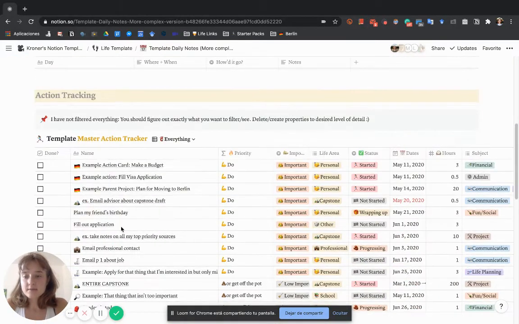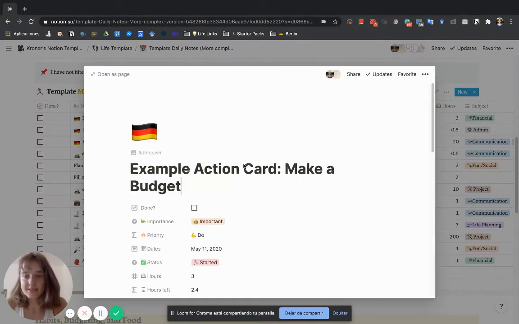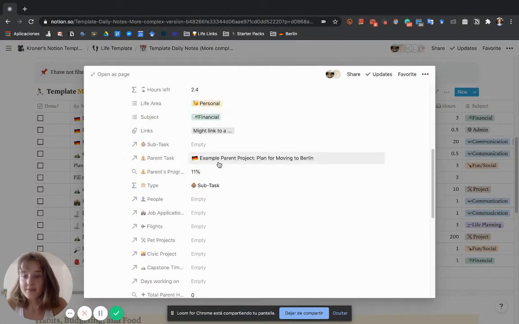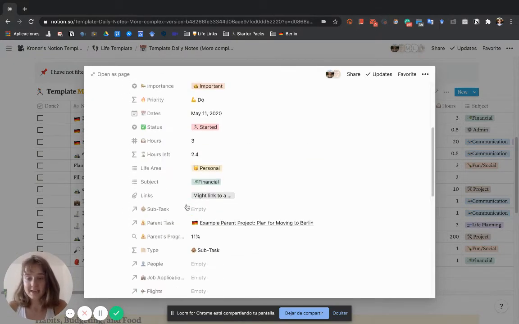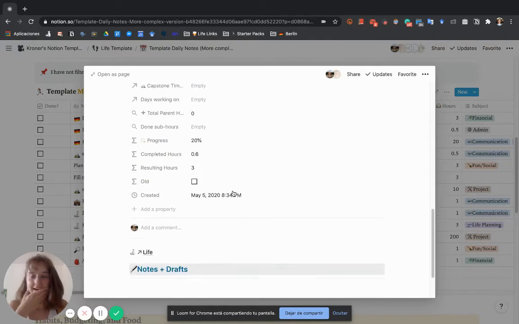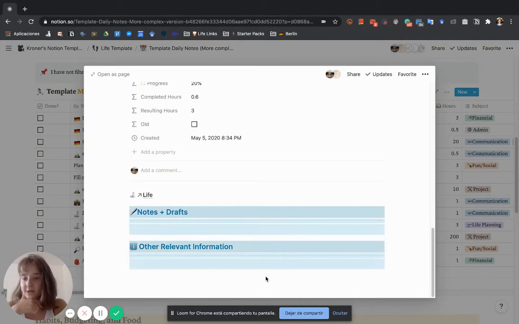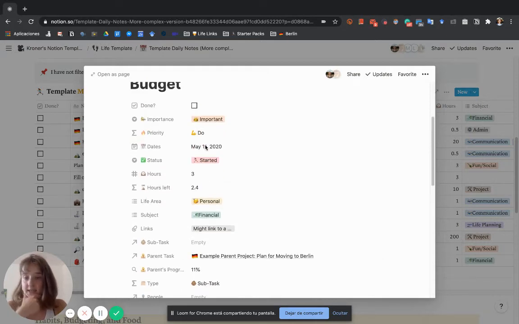And databases are tables, but they're not tables the way that we're used to them. So each row is a page in itself, and you have properties of that page. You'll see that this action tracker has a ton of properties, and in the video tutorial for the template, daily notes more complex version, you'll know why, but it's kind of absurd. I usually never use this information down here. I just track information up here. And basically, a page on a table has all of these properties